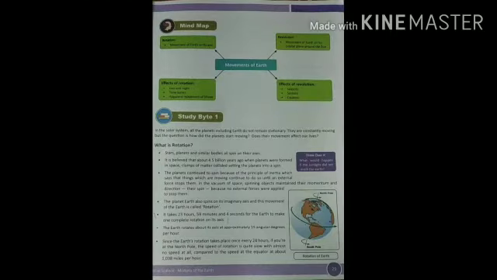You can see a mind map on your screens. The mind map is showing rotation, definition, revolution, effects of revolution. Because of revolution, there are seasons, solstices, and equinox. And effects of rotation: because of rotation, there is day and night, time zones, and apparent movement of the moon. All these things you can see on your screen.